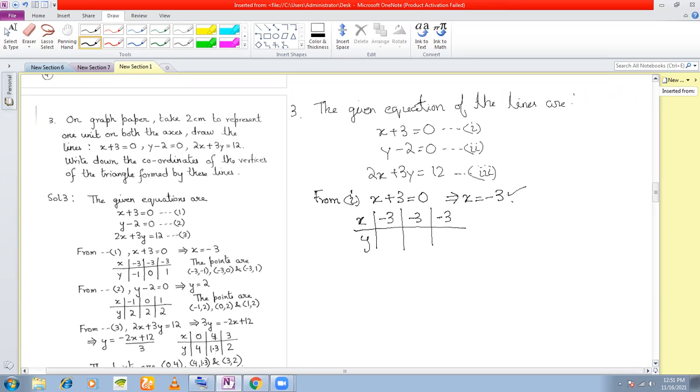Now the question is, if x is equal to minus 3, and if I don't have any y in this, then what should be the value of y? You can take any value of y you can think of. Is this clear? You can take y is equal to minus 5,000 also, no problem, as long as you can plot minus 5,000 on the graph. And you can take any value, minus 2001, or 999999 also. Doesn't matter. Whatever number you can think of, you can take as the value of y.